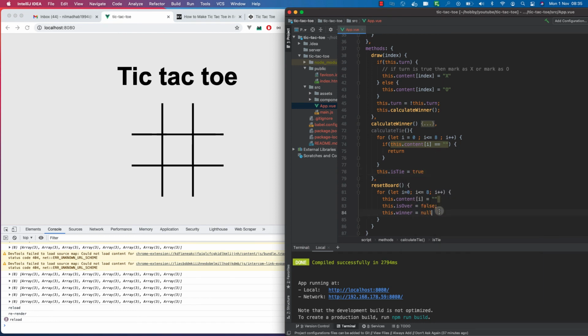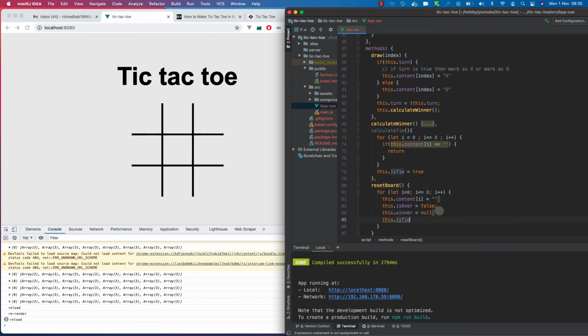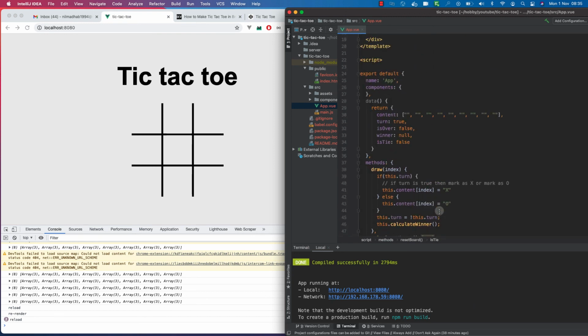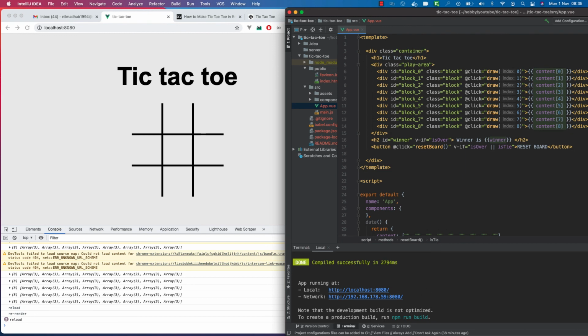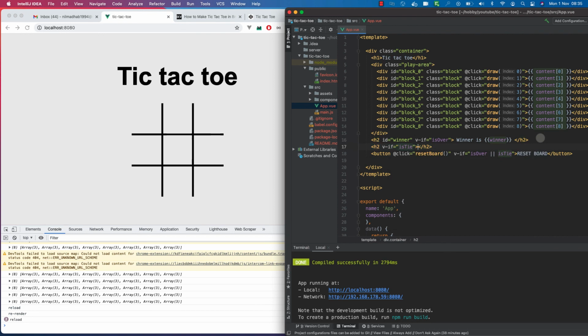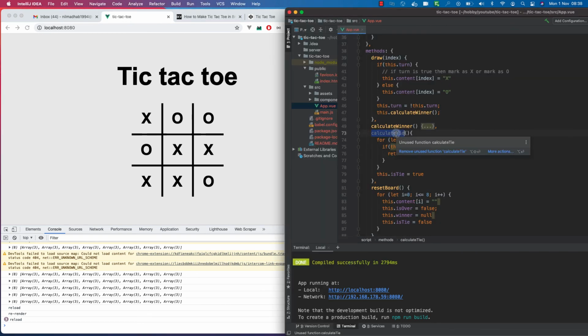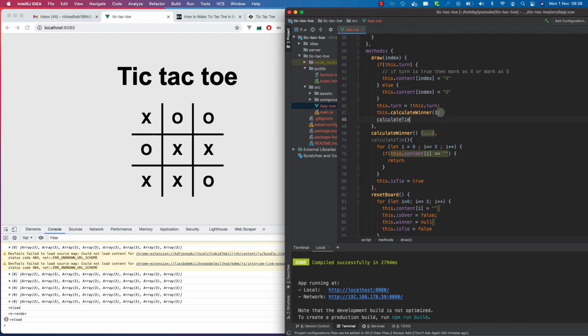and when you are resetting the board, we have to make this equal to false, and we have to display a message that the game is tied. So we can also have h2, and if isTie, game is tie. Oh, we have to also call this function winner, calculate tie,